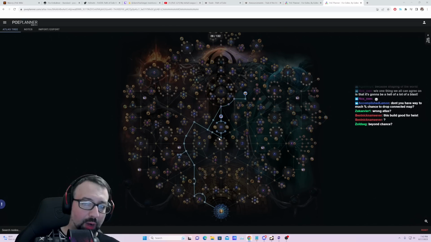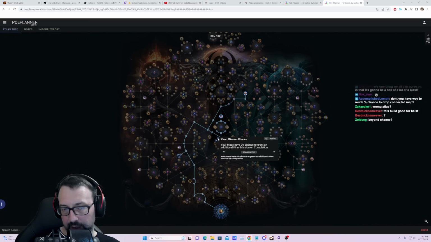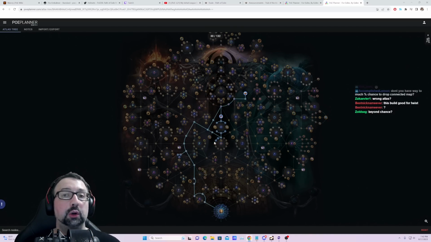And because I'm right here, right now, I think I will go ahead and take Kirac Mission Chance. This is the one thing that I will plug in and then remove later on. It's good to get extra Kirac missions when you complete the map, especially in white maps and yellow maps, because you can keep cycling them through and finishing some maps that you're missing, and they can spawn,